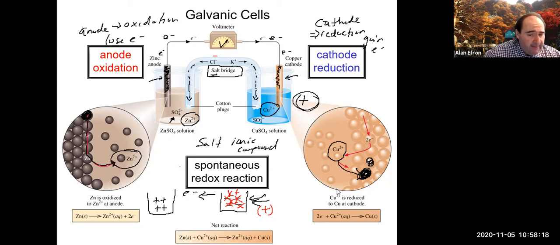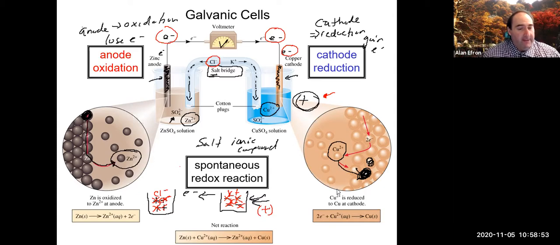Same thing's happening over here. The negative chloride is dropping into here and getting rid of that buildup of positive charge it's going to get if the chloride wasn't there. And again, what that's going to do is keep that potential difference between the anode side and the cathode side, really keeping the cathode side a little bit more positive, and that's going to help drag those electrons to the other side. So really the salt bridge keeps a control, if you will, on the buildup of